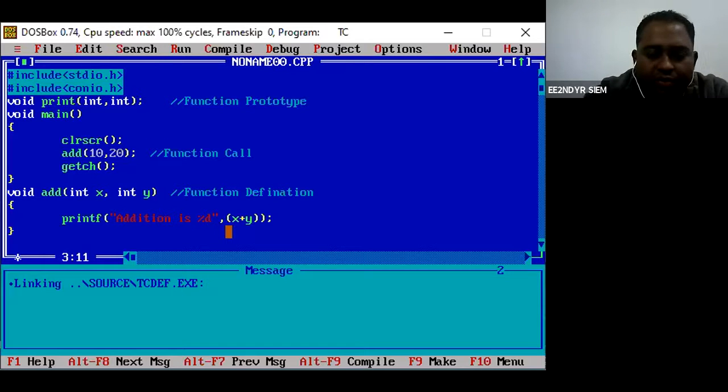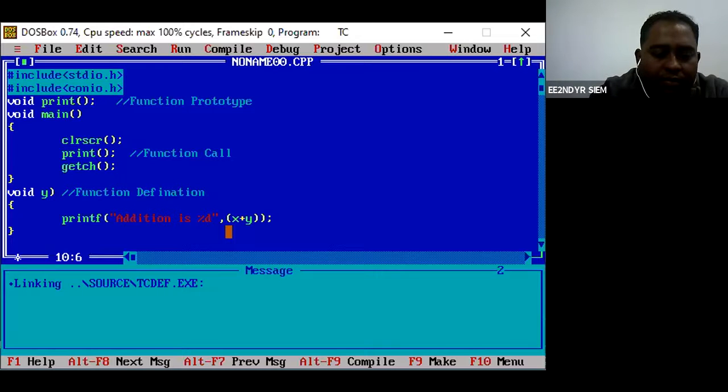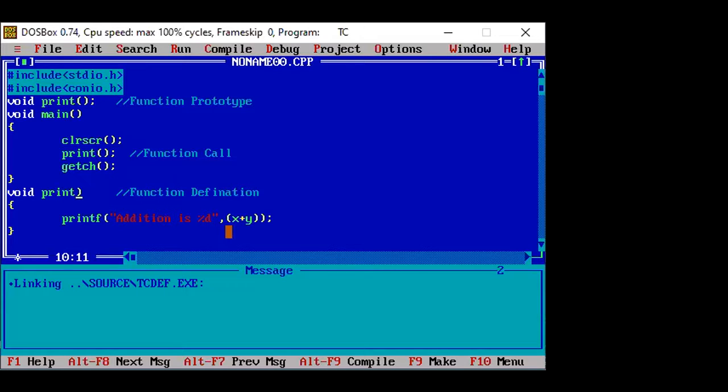What this method is going to do, this method will not take any argument, it is just going to print something on your screen. So it is going to print this.